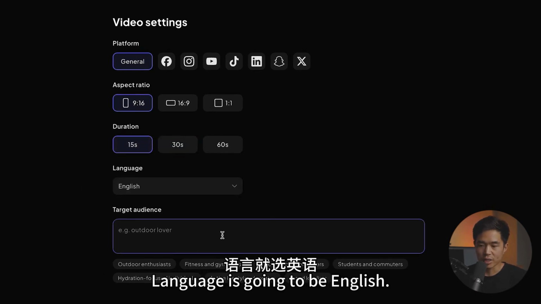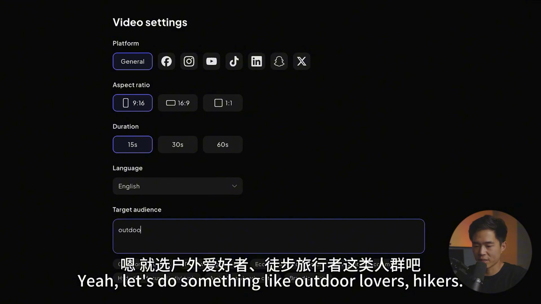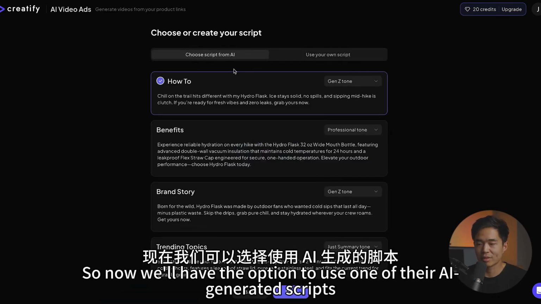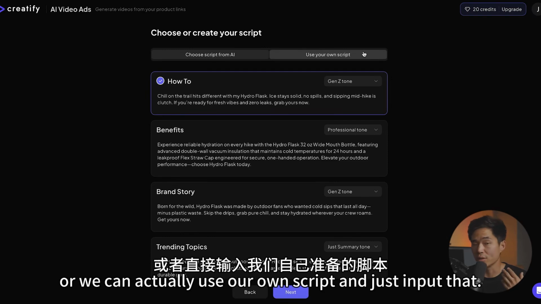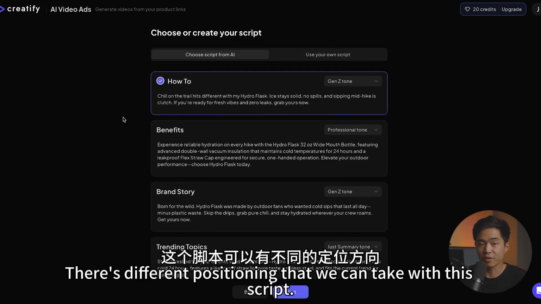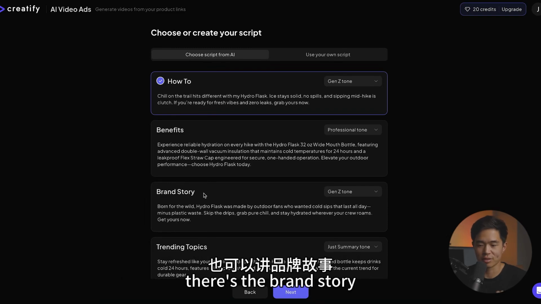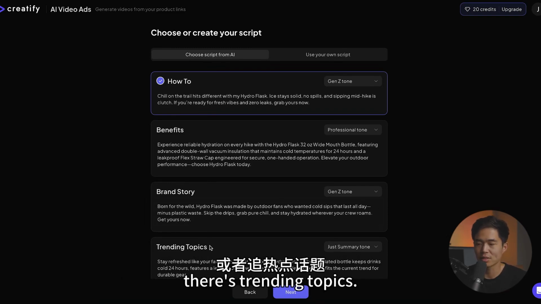Language is going to be English, and then target audience. Yeah, let's do something like outdoor lovers, hikers. We'll click on next. Now it's going to use AI to actually generate these scripts. So now we'll have the option to use one of their AI generated scripts, or we can actually use our own script and just input that. There's different positioning that we can take with this script. So you can do a how-to, there's benefits, there's the brand story, there's trending topics,